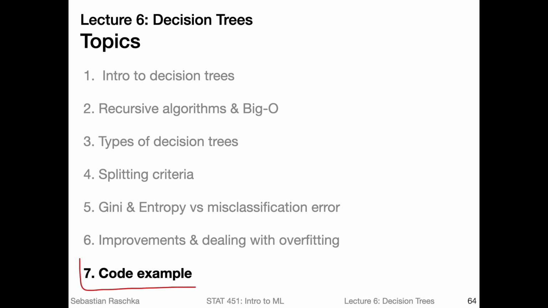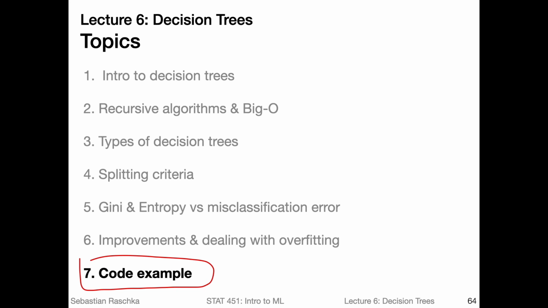In the last video, I will give you a code example of how we can implement decision trees in scikit-learn, and there will be a homework where you have to implement a CART decision tree by yourself, doing it from scratch. I coded a decision tree in CART myself, and I kept it very simple, and I will remove some of the functions, and you will be asked to complete the code to have a working version of a CART decision tree, to learn how this works,